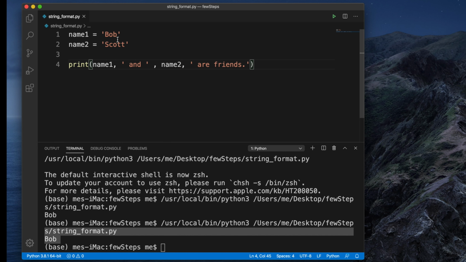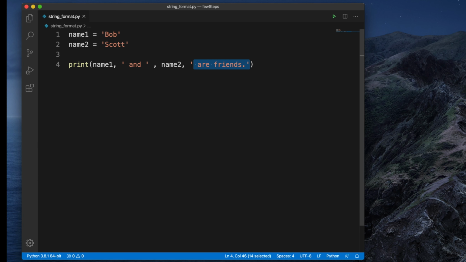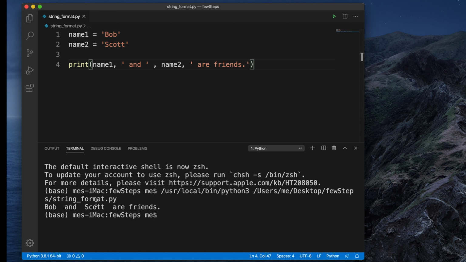Okay, so here what we are doing, actually we are using two variables and two different names, and then we are formatting the whole thing together to make a sentence, right? And here name1 is one variable, name2 is a variable, and the rest of the things are strings. Okay, so now if we run this application, let's see what the output is. So I'm going to run, and after running we are seeing that Bob and Scott are friends, right? So we are able to add those two variables and make the sentence. Okay, in this way we can format the string.